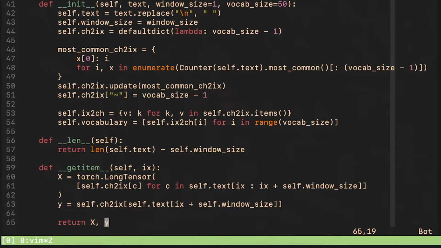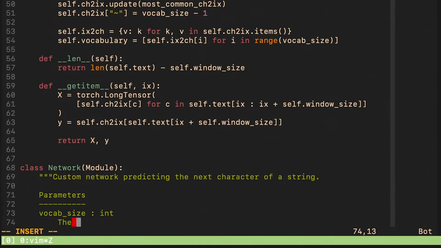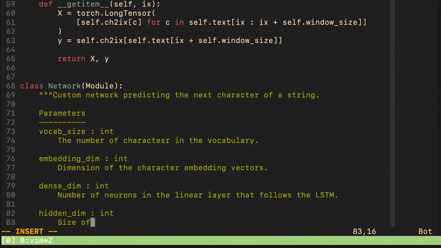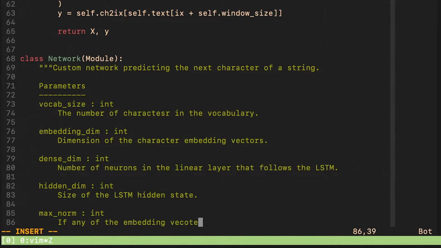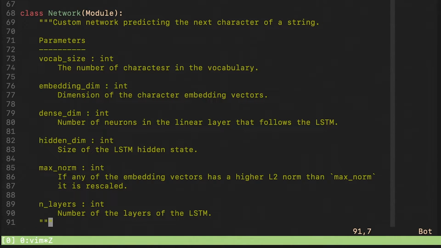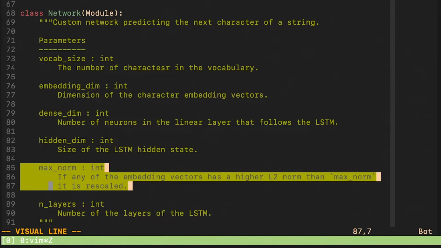All right, let us now implement the network. All of the integers above are hyperparameters. The vocab size and the embedding dimension are related to the embedding, together with the max norm.